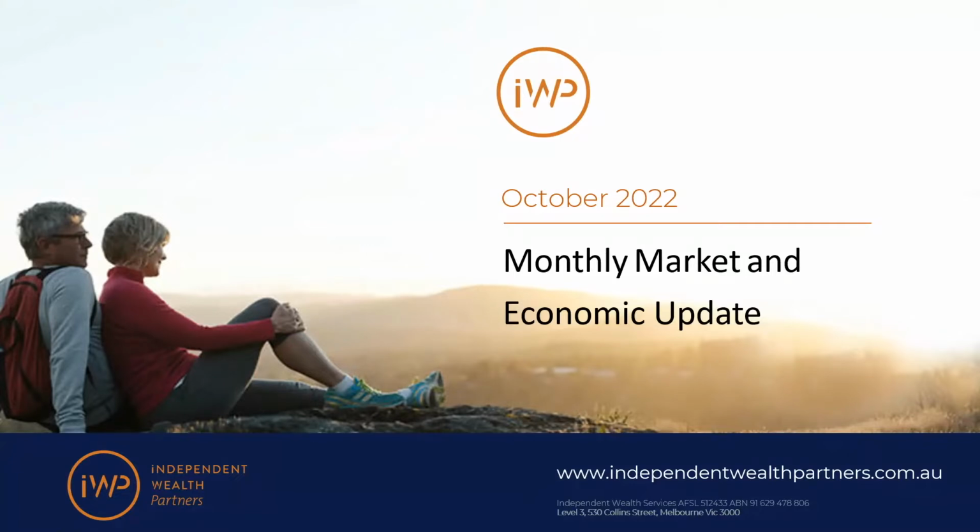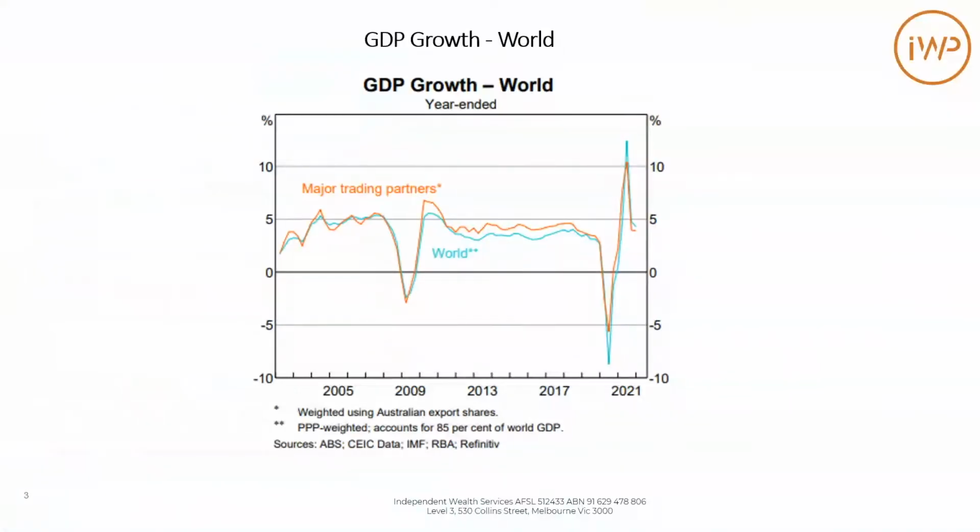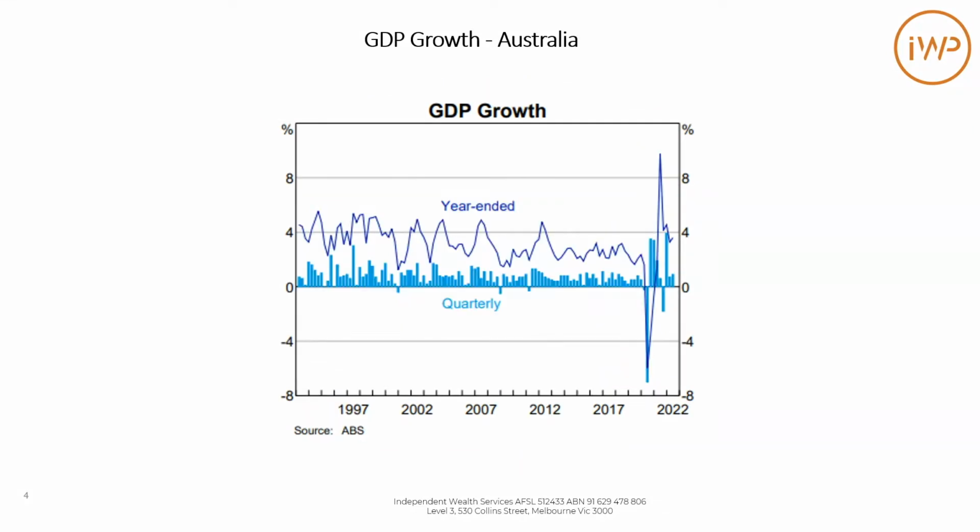All right, so we might just skip through to GDP growth. This is a fairly familiar story, and for those viewers that have been listening over the last month, we've seen GDP growth really take off post-COVID, and now we've obviously seen it falling back. This particular chart is around the world. If we have a look at the next slide, which is just Australia, it's a fairly similar story. The GDP numbers have been looking okay, but of course, which is what we'll go into in a minute, there's some issues around inflation in Australia as well.